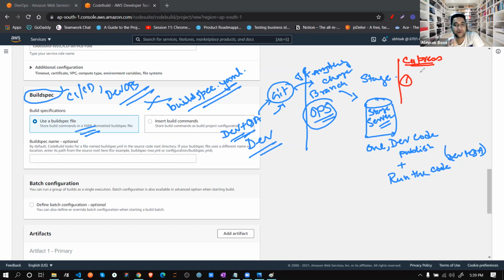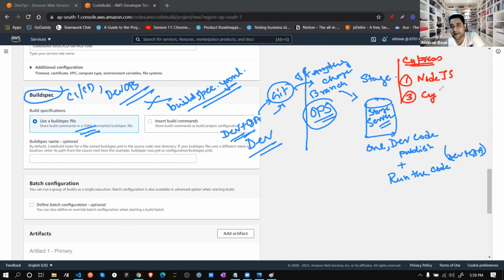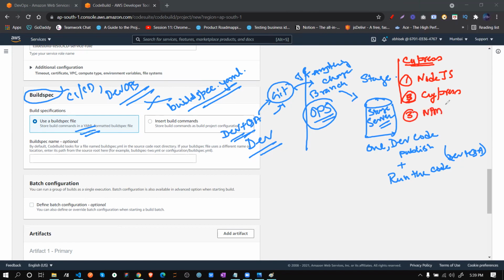JavaScript you don't need to install; that is already there. But what you need to install first is Node.js. Once Node.js is done, you need to install the Cypress package itself. Then you need to install whatever plugins you used, the npm packages.